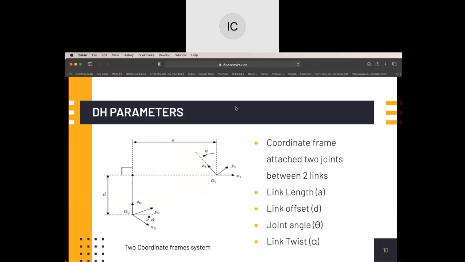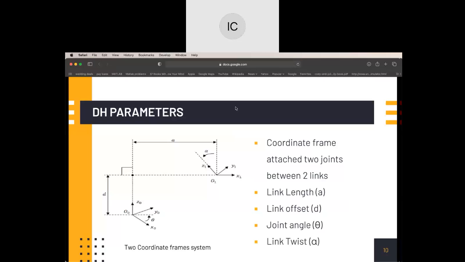Now we're on to the DH parameters. These are used to select a frame for reference for the robotic arm, and it allows us to describe the location of each link relative to the previous one in between the joints. So 4 parameters are used for this, and we're going to have a table on the next slide, but the